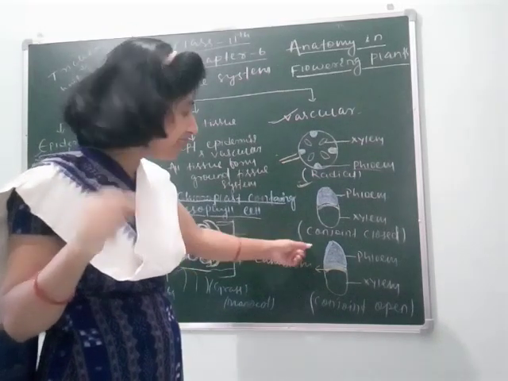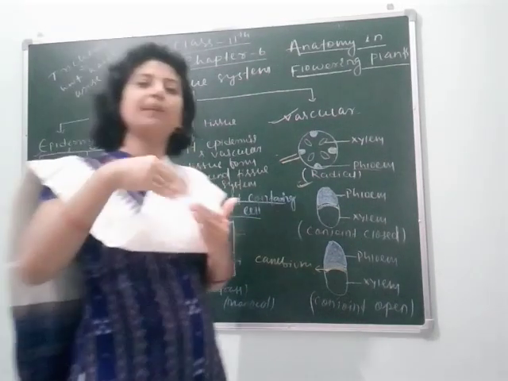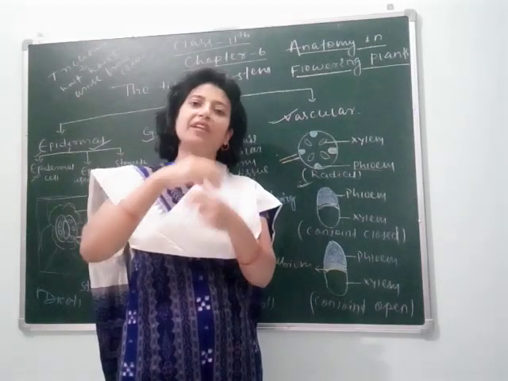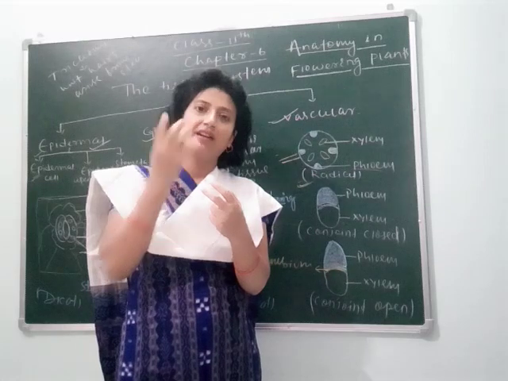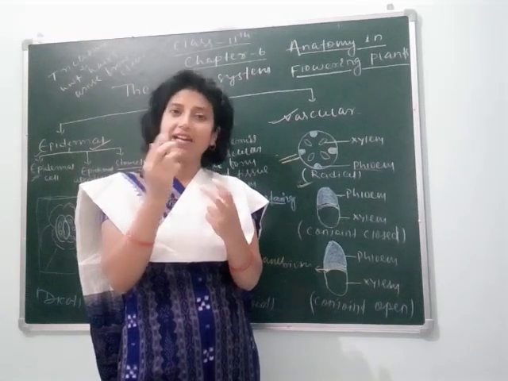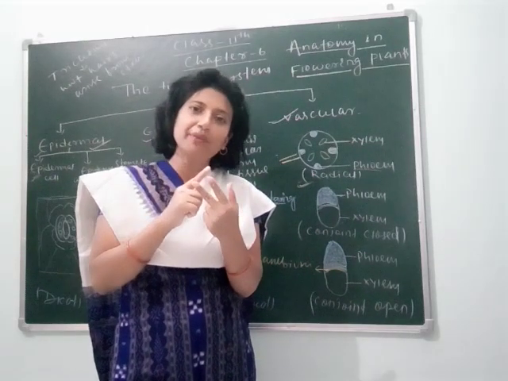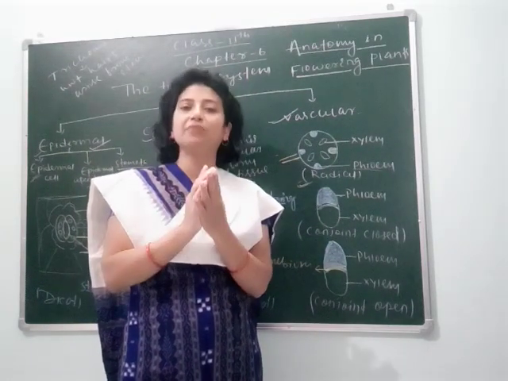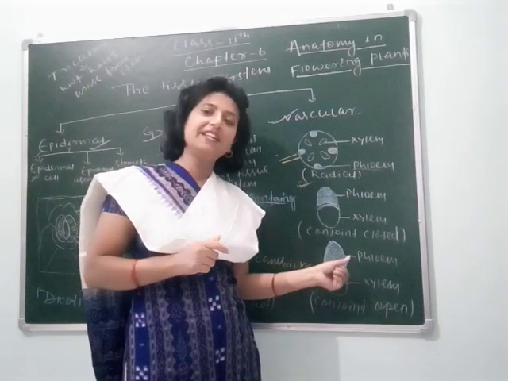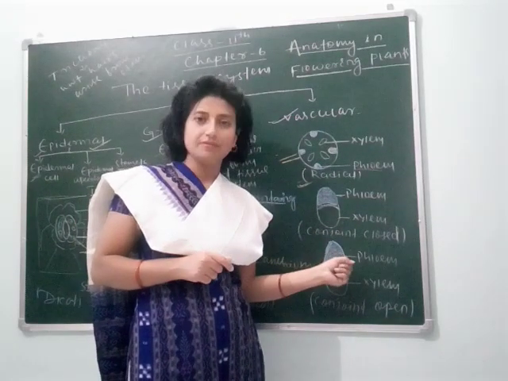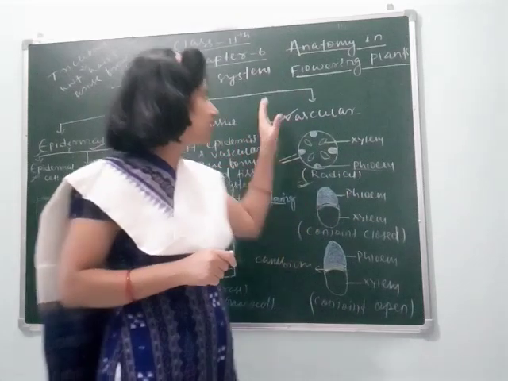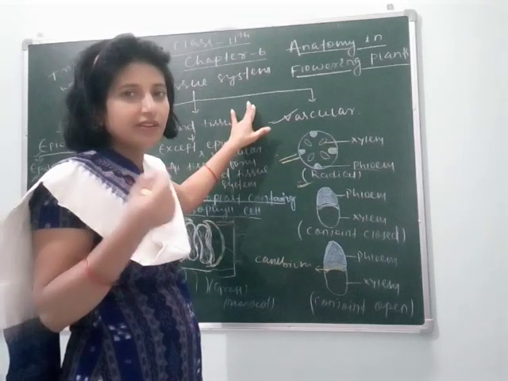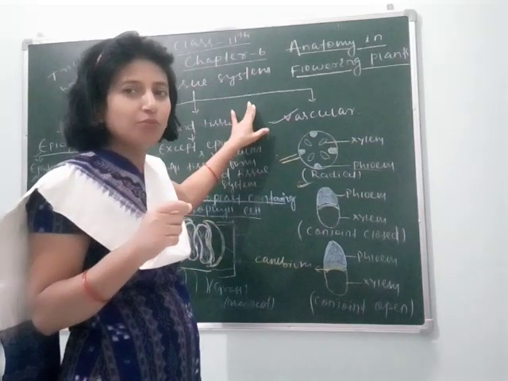ring, which we will study in our next class, when a plant grows and matures, two cambium rings are formed every year. When scientists decide the age of a plant, they only see the cambium rings. If a plant is 25 years old, then it contains 50 cambium rings. So the cambium is present in the vascular bundles. So today students, this is all about your tissue system. In our next class we will study the anatomy of stem and root.